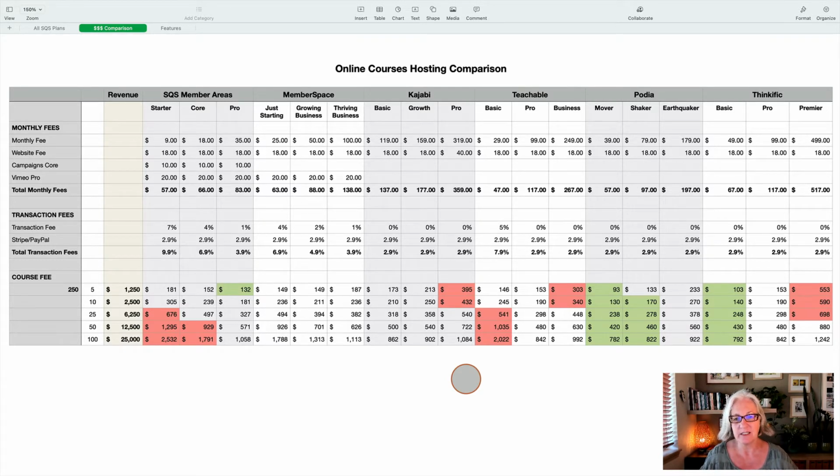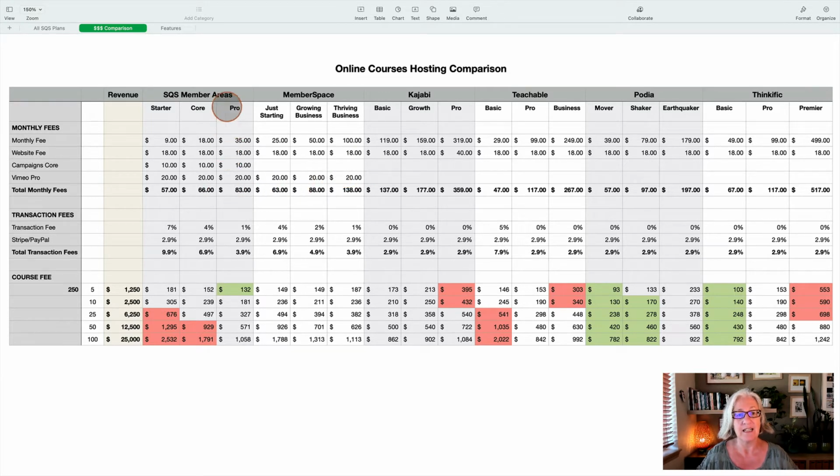So let me take you through my spreadsheet. I'm a bit of a spreadsheet geek. I will offer a download of this spreadsheet in the associated blog post. So if you are comfortable with using a spreadsheet and formulas, you're very welcome to download it and play around with it using your own numbers. So this is just a really quick, very high-level overview that I want to give you on how the